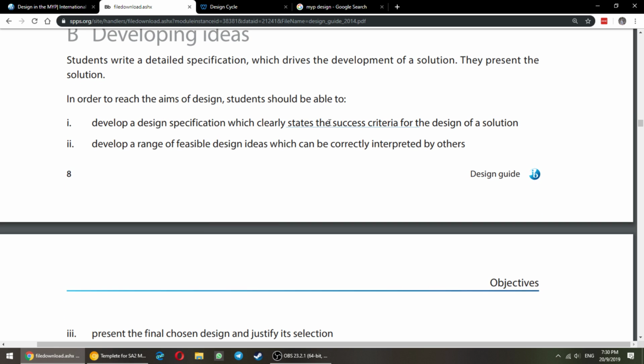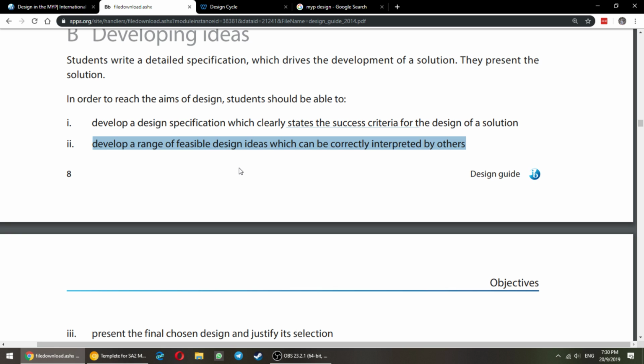Okay, so what is the success criteria? So that it is a good product if it's between 6 to 7 meters, but if it's 8 meters, if it's too long, and so on, because you need to justify this later. Okay, so the second strand is to develop a range of feasible ideas that can be correctly interpreted